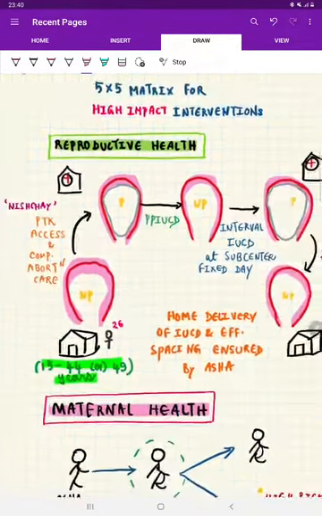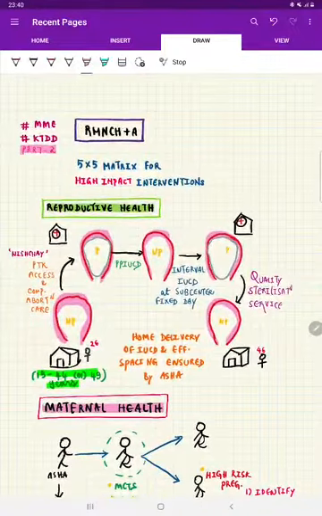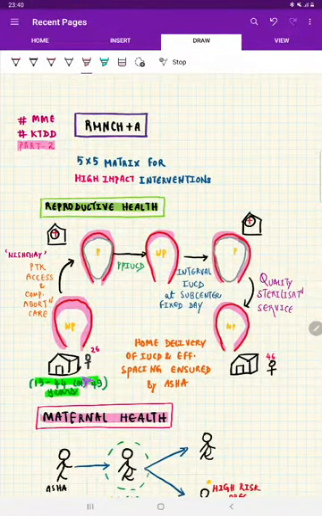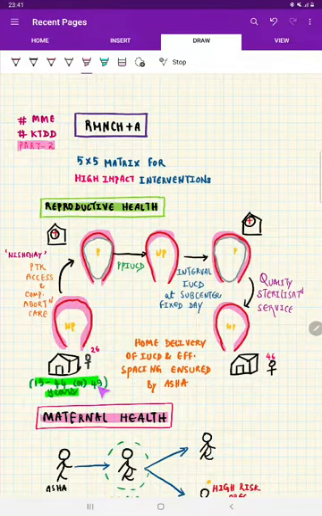First is reproductive health. To remember it, I made it like a story. We know that 15 to 44 years, or till 49 years, is the reproductive age group of a female. Now, there was one woman who got married at 26 years, and she is running her life. She has children and completes her family, and now she's at 46 years. So this is all about the reproductive life of these women.